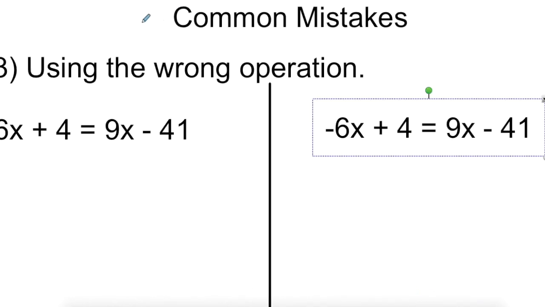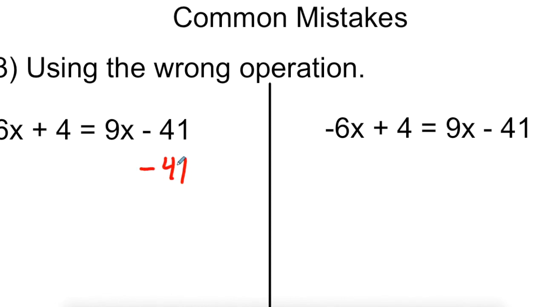Now another common misconception is using the wrong operation. So here you'll see what we're talking about. Now I see there's a couple negatives in here which might throw off a couple students, but the biggest thing I'll see is that they'll want to get rid of this 41. And if they choose to get rid of this 41 first, for some reason they subtract by 41